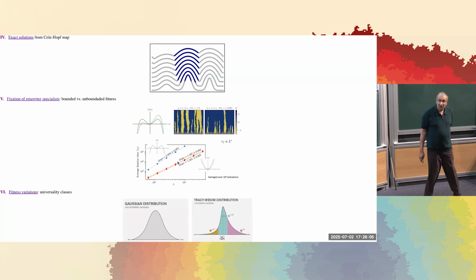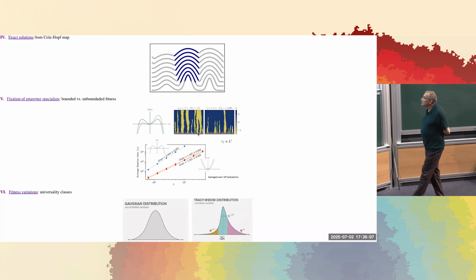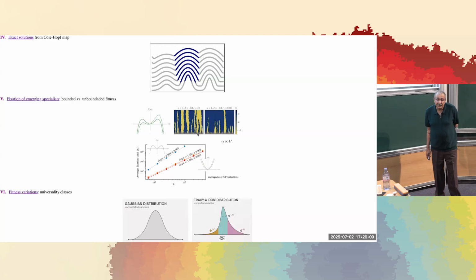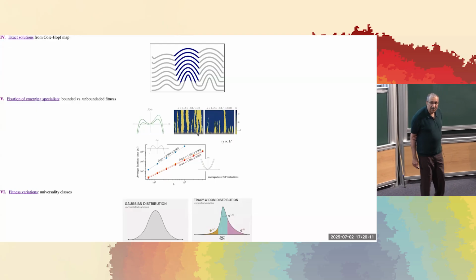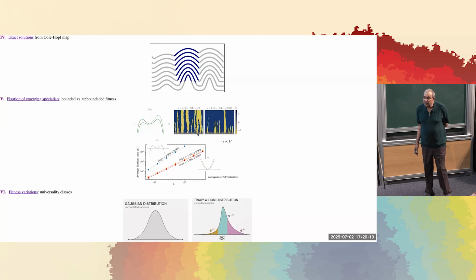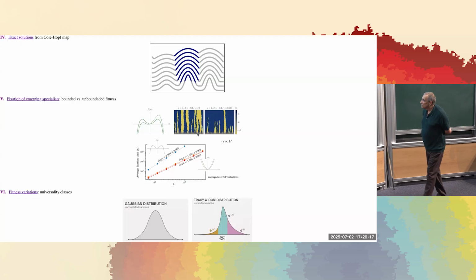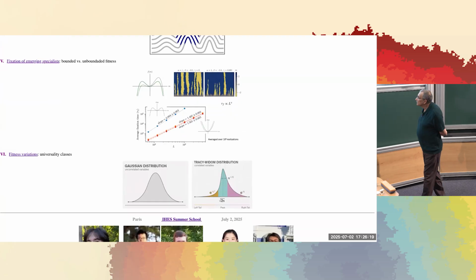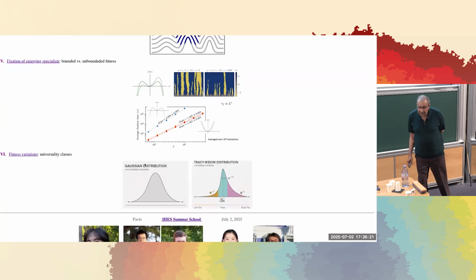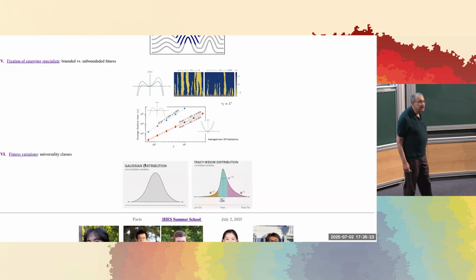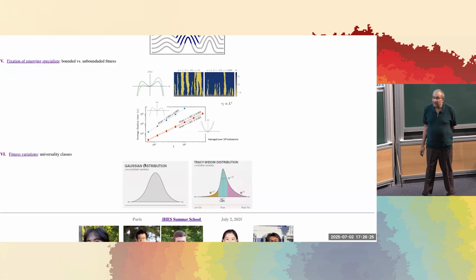But possibly more interestingly, there are already universality classes characterized by whether the fitness can grow indefinitely or slow down, and there should be corresponding signatures in the distribution of fitness that has yet to be